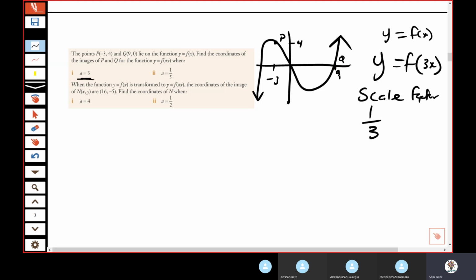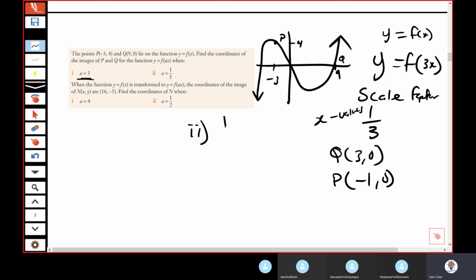So what we're going to do, for Q, we're at (9, 0). Therefore Q is going to become a third of 9 for the x value. So that becomes (3, 0). Whereas P will become a third of -3, which is (-1, 4). And if you've got a is a fifth, that becomes 1 over a fifth, which is 5. So your x values are going to